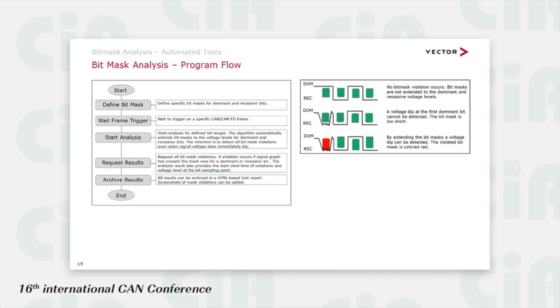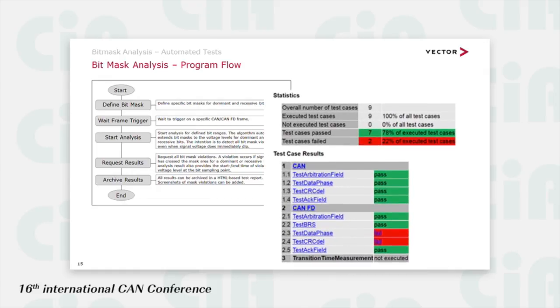The algorithm, as already mentioned, extends all bit masks to the recessive and dominant levels, and then determines if a bit mask violation has occurred in any bit. When finished, the results can be requested, and you get detailed information about where a bit error occurred, when it starts and when it ends. And afterwards, you can archive your results in a dedicated